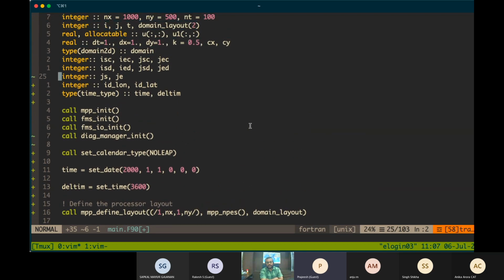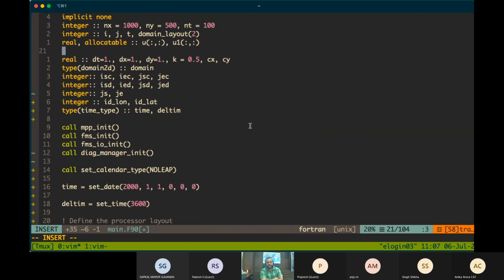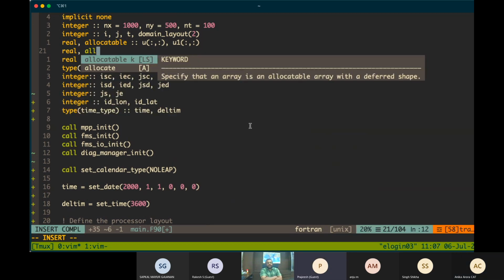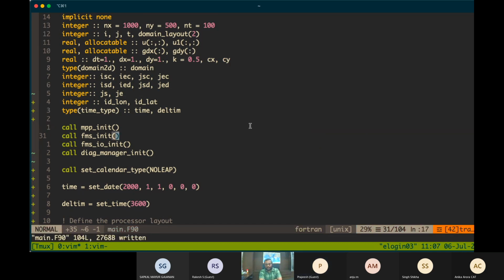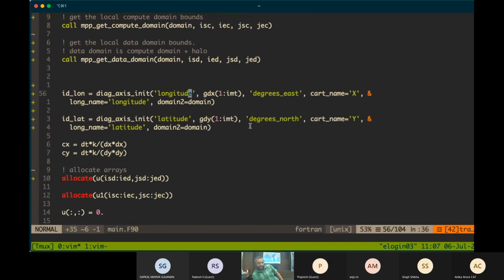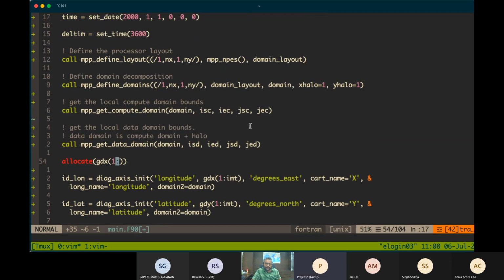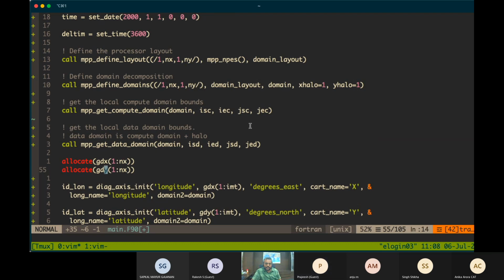First we define GDX and GDY as real, allocatable. Allocate GDX from 1 to NX, and GDY from 1 to NY.